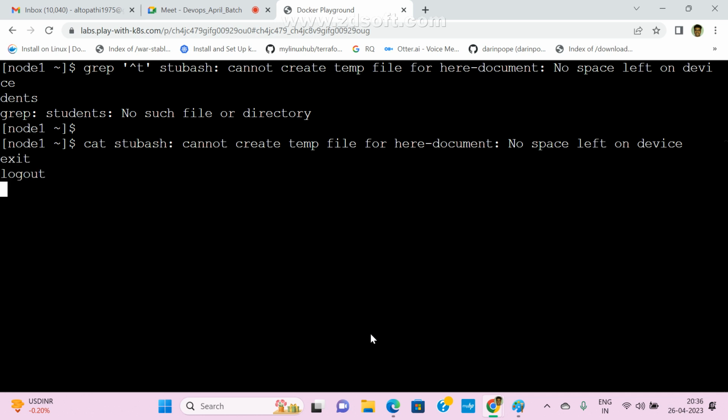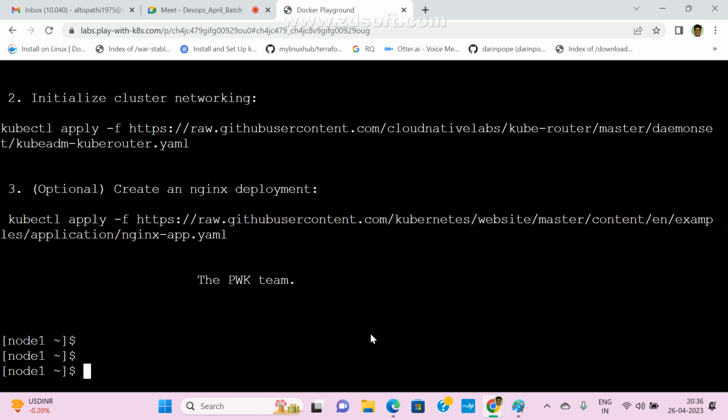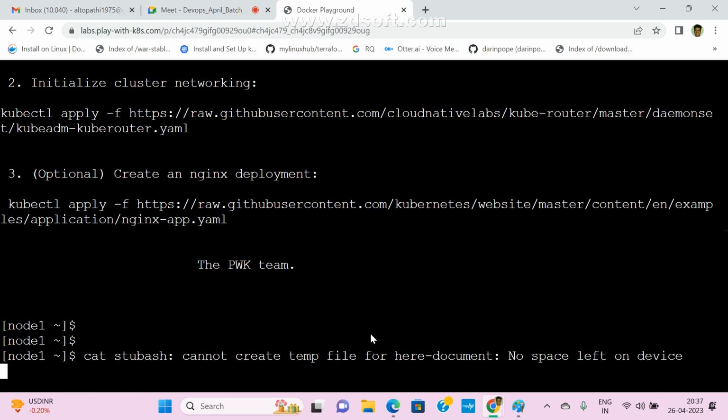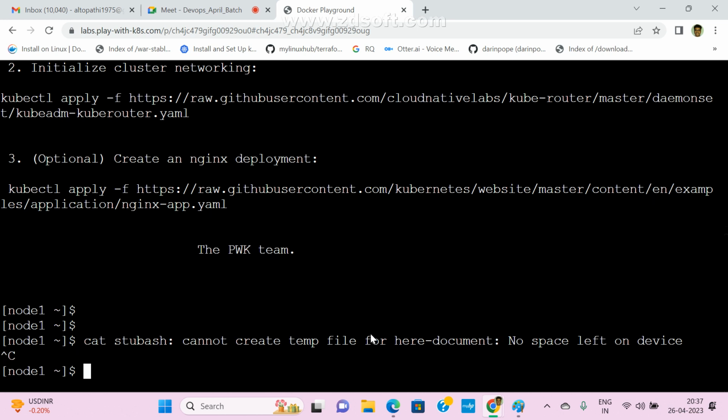Exit, just log out. Let me log in. Maybe it is hanging. Cat student, I don't have student. Something goes wrong, it is hanging, cannot create temp file. Okay, Control C, cat anaconda. Hmm, nothing is working.